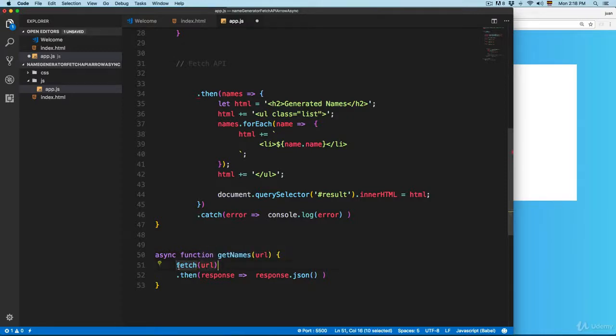Right here on the fetch, I'm going to add a new variable. I'm going to call this one response, and it's going to be equal to fetch and URL. We want to block this code from running, and we're going to add await right here. So this is going to be blocked until the URL returns the complete response. Then we're going to remove this,